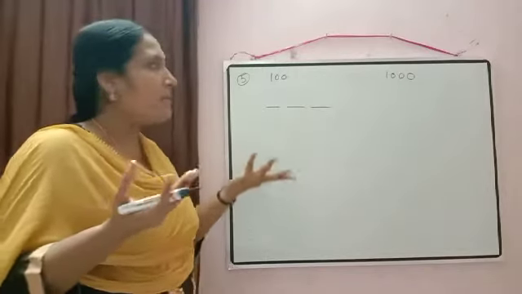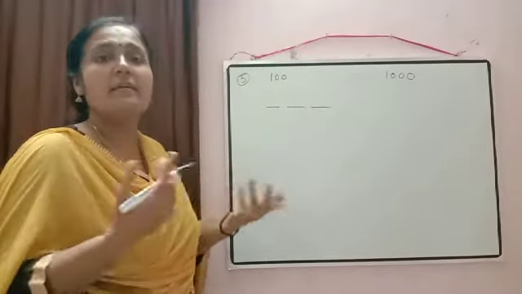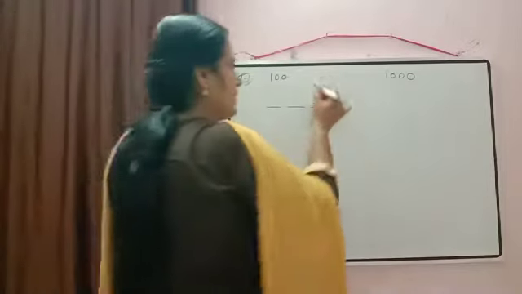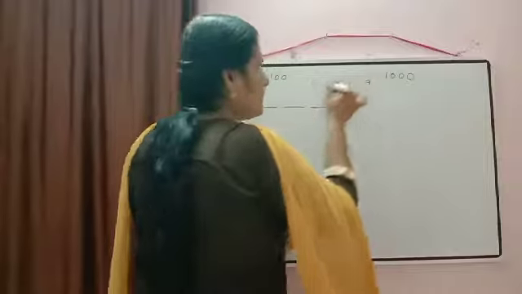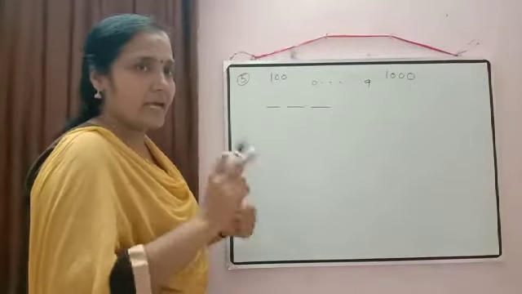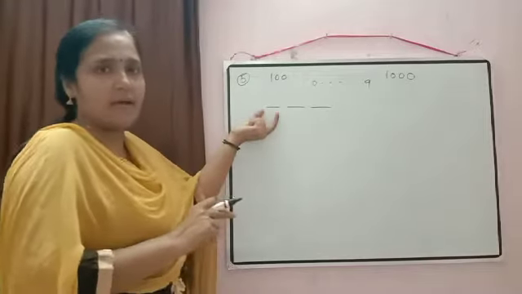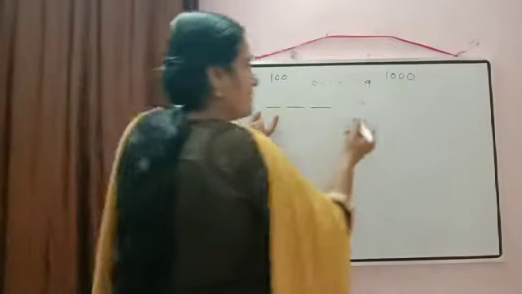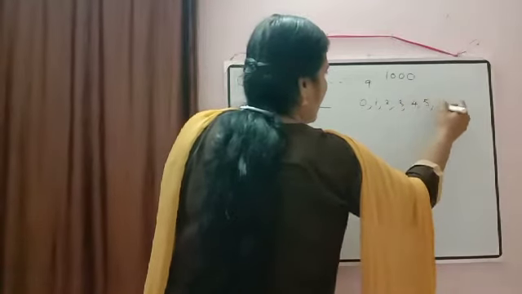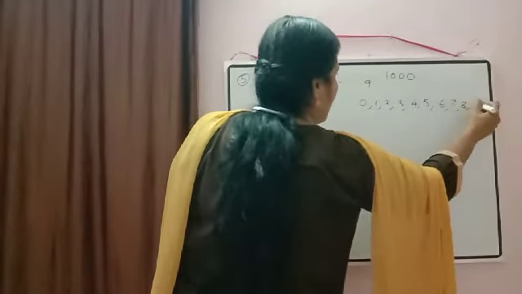From where? Numbers are not available with us. From where will we take the numbers now? Yes, from our list of numbers we can fill the numbers from 0 to 9. These are the options available with us. So again we need a 3-digit number. So what are the possibilities? If you want, you can write down the numbers 1, 2, 3, 4, 5, 6, 7, 8, 9.